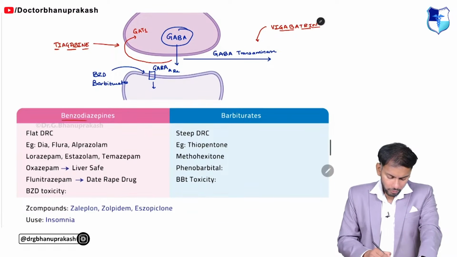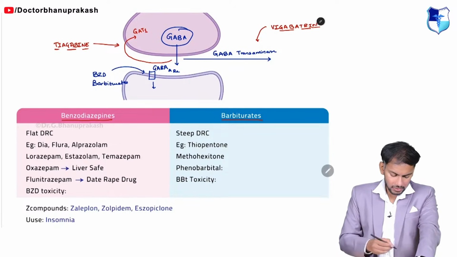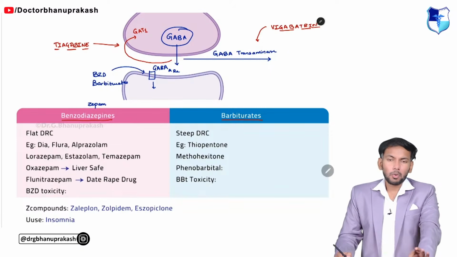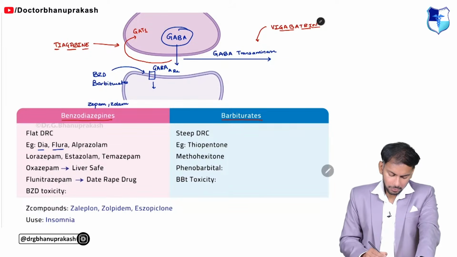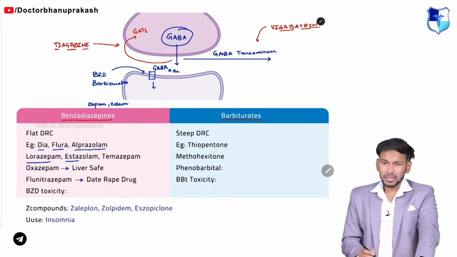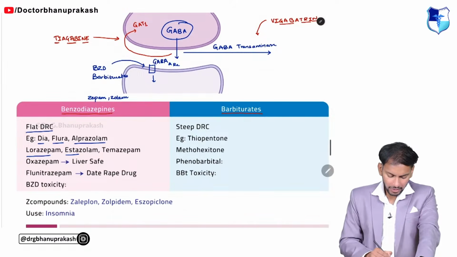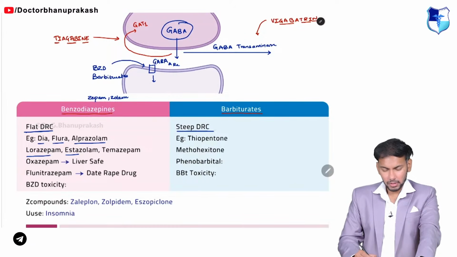Now we will go with the benzodiazepines and barbiturates. What are benzodiazepines? These are the zepams: diazepam, lorazepam, all these zepams or zolams. Diazepam, flurazepam, alprazolam, lorazepam, estazolam, all these drugs are benzodiazepines. Benzodiazepines have a flatter dose response curve in comparison with the steep dose response curve